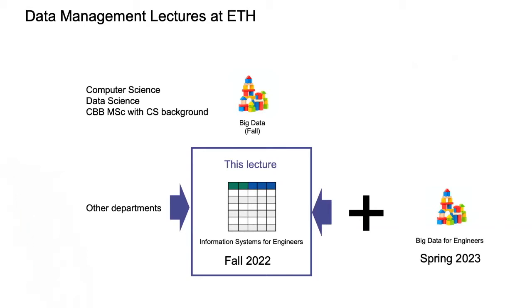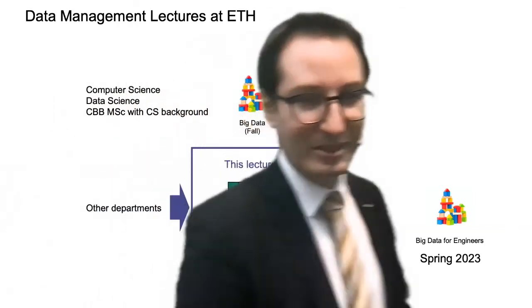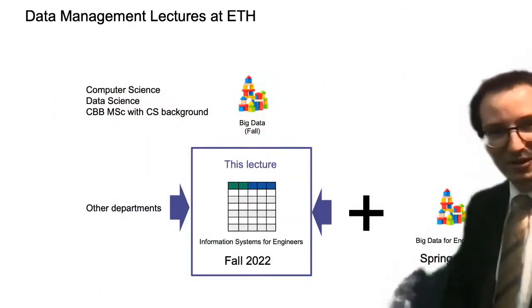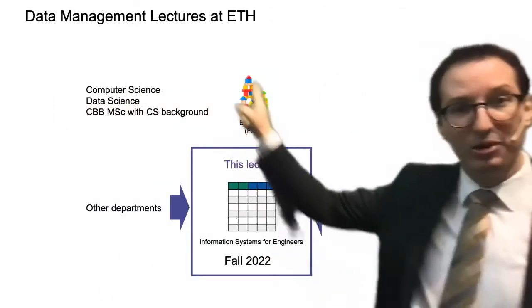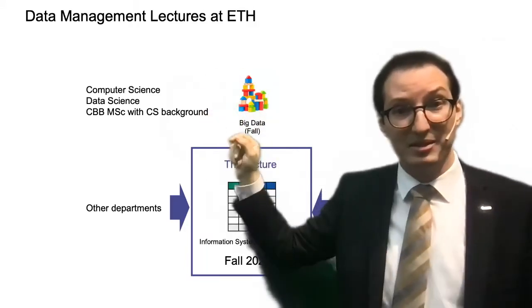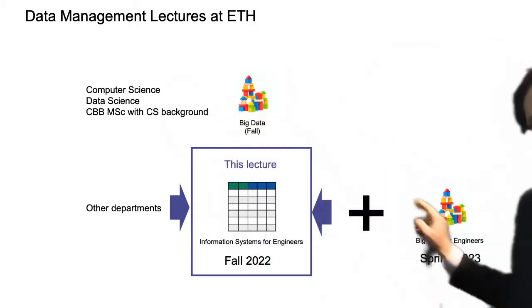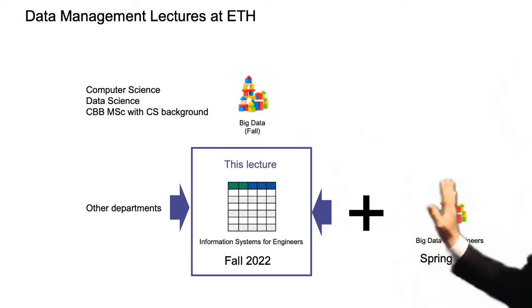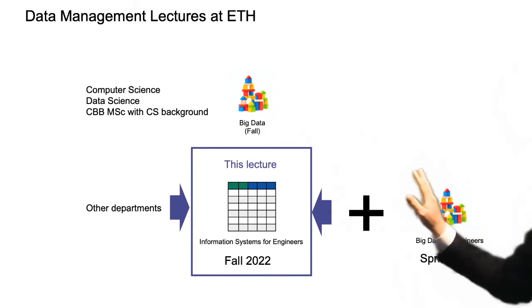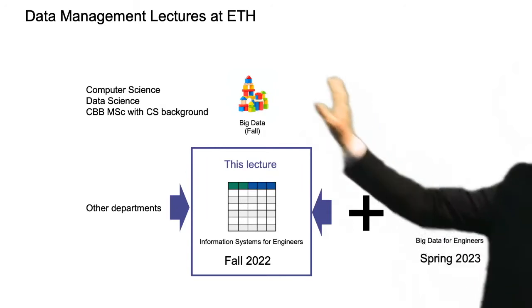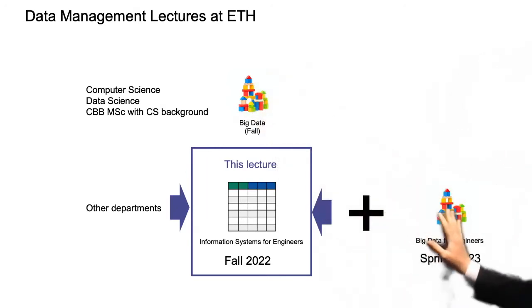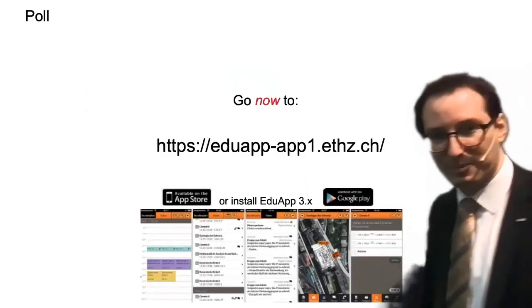So now it's basically, you know, like in the movies, when you make a prequel of a movie, right? So this is basically the prequel of Big Data for Engineers. All right. And Big Data is another one actually that's only for master students in computer science and data science, but it's actually very similar. It's just that here I specifically tailor it to other departments. So I don't assume that you have all the prerequisites that would be taught at the bachelor's level in computer science, right? So this is why I actually made two different lectures.